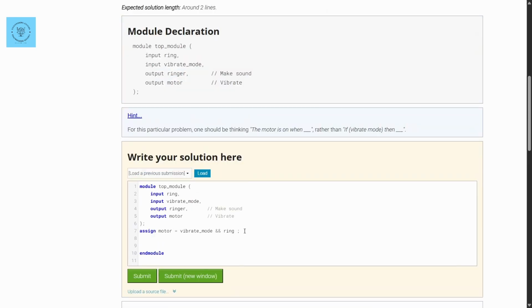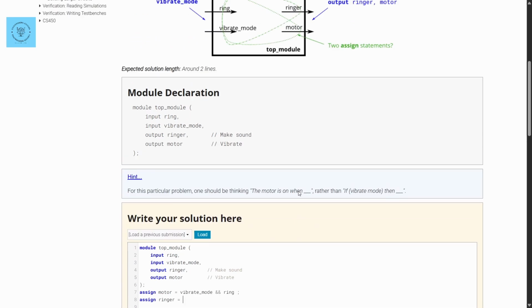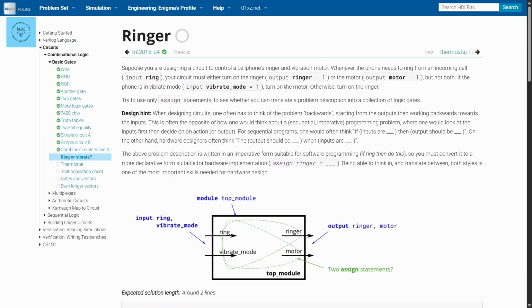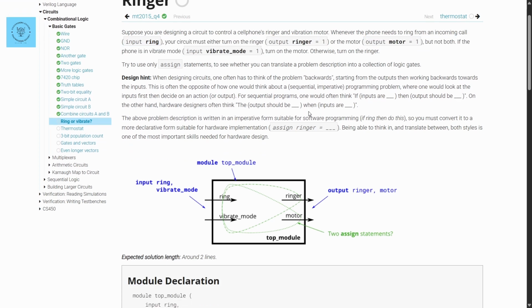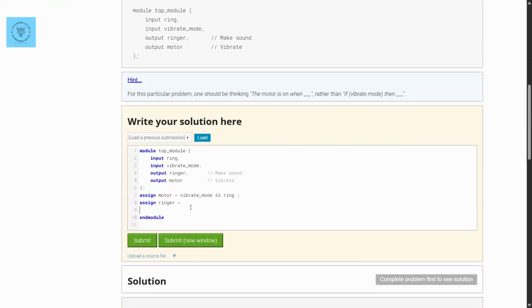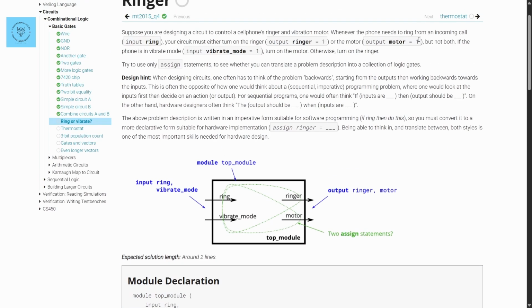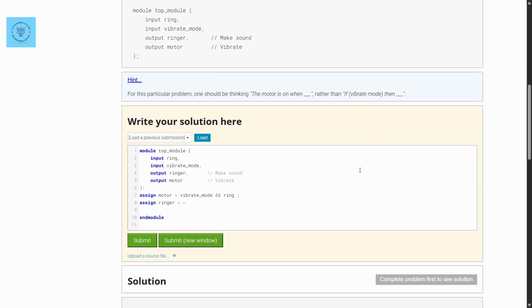So for the assign ringer, when should the ringer be on? If I input ring, your circuit must either turn on the ringer or the motor, but not both. As we know that in vibration mode, the motor will be turned on, so we will invert the vibration mode so that we don't want the ringer and the motor to be on at a single time. So invert of vibrate mode